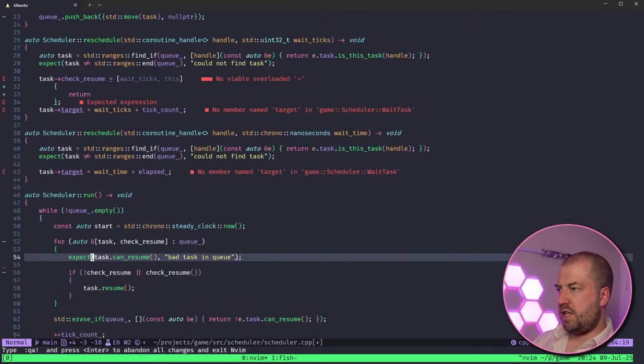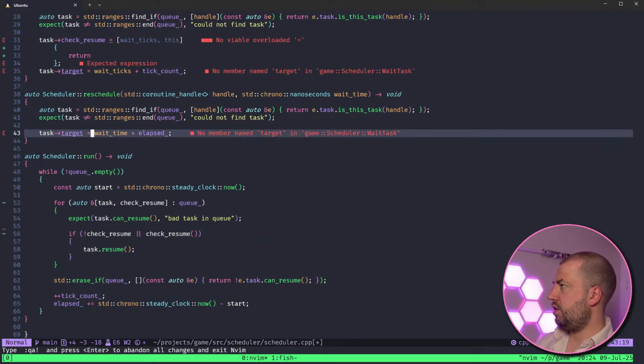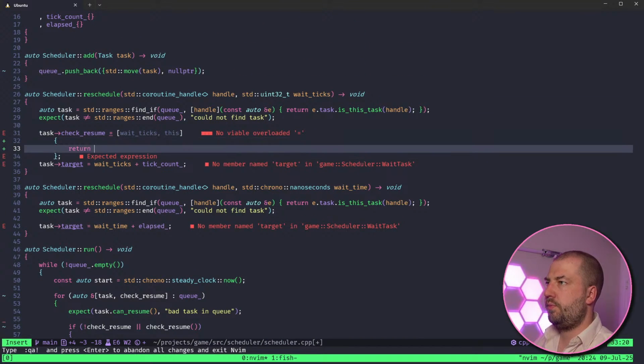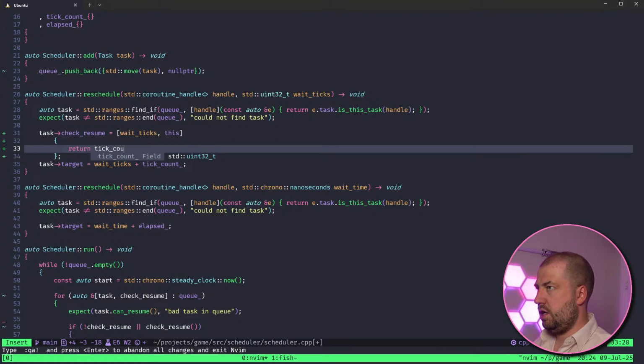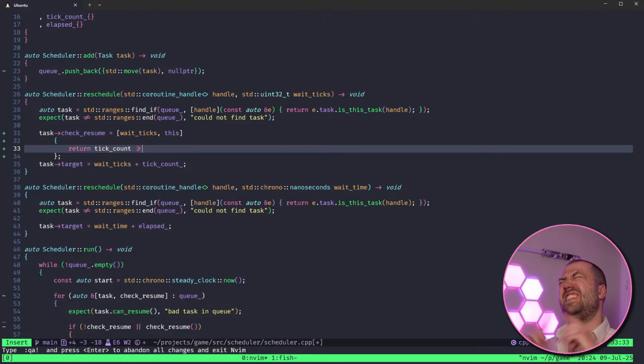Basically I want to take this logic here, which I've deleted. Return tick count is greater... or, hang on, which way is it? The tick count's going to be behind us. So return tick count is equal to wait ticks.